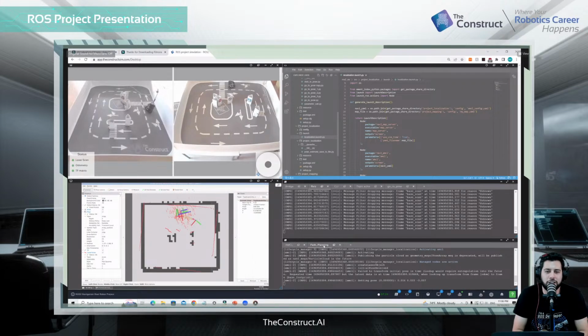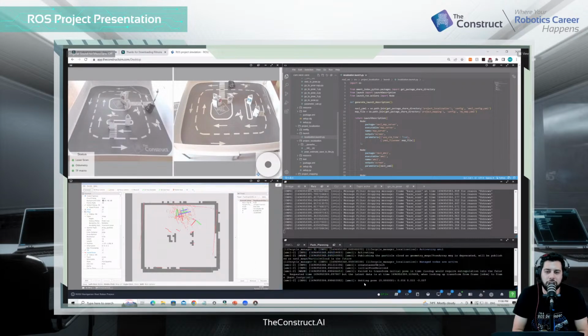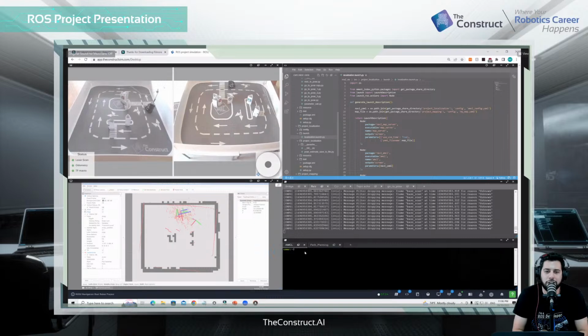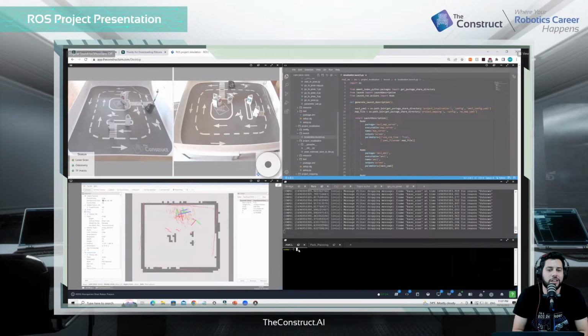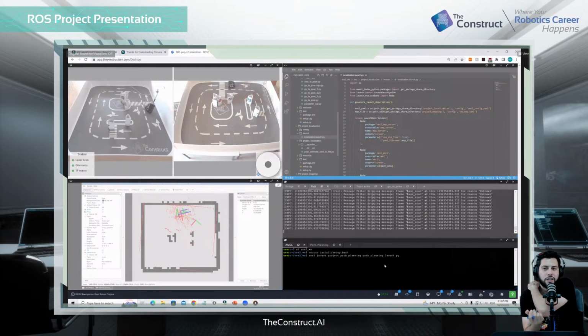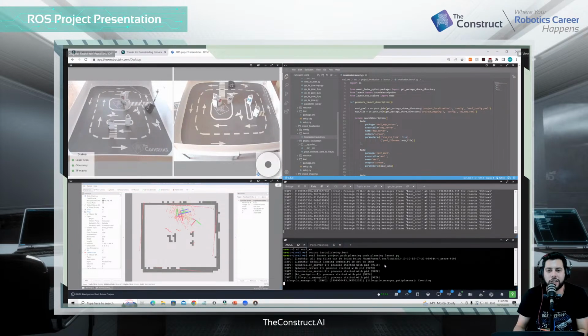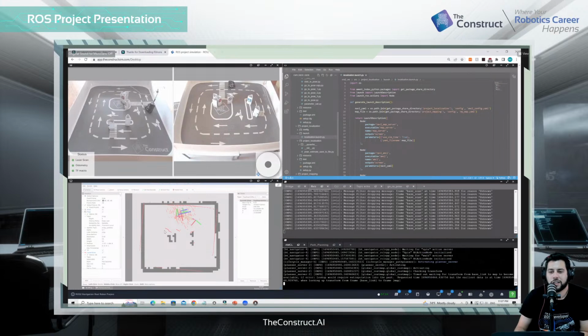Oh my God, I put the wrong command here. Let me switch it and copy and paste the command. Give me a second. Okay, path planning. I was using two different lifecycle managers: one for AMCL and another lifecycle manager for the path planning. After launching this, I'm going to update